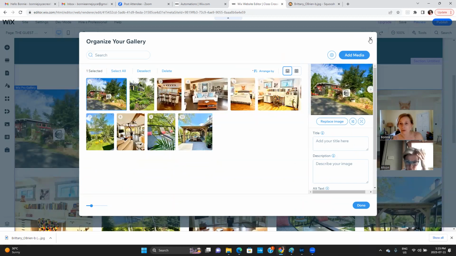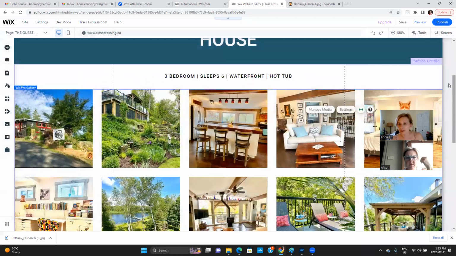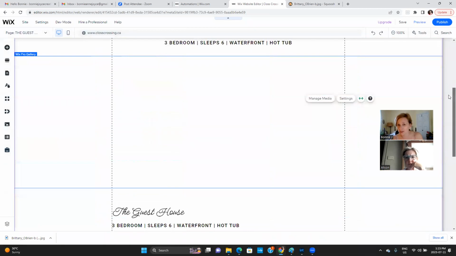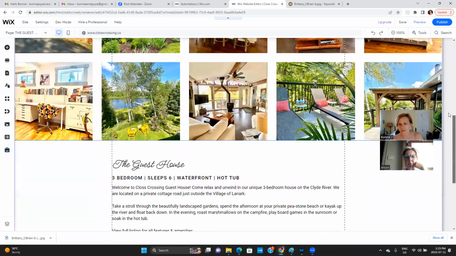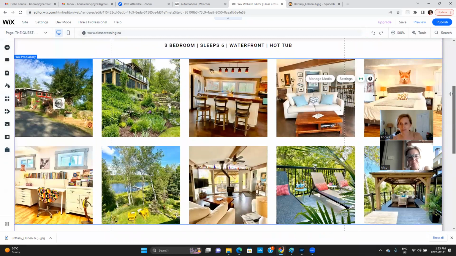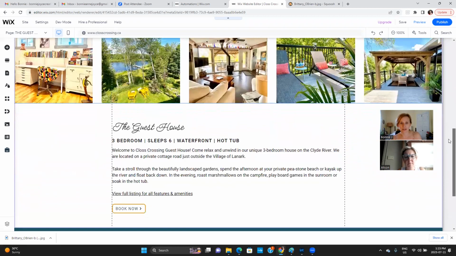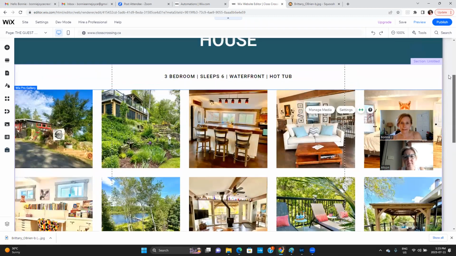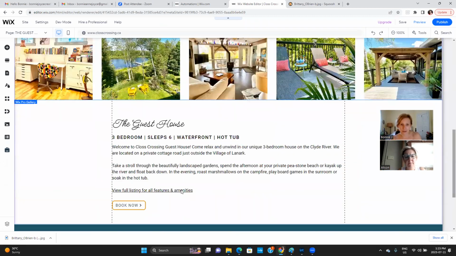So the gallery, you can play around with that. I think I have a certain number of pictures so that there's 2 rows. Depending on the size of your screen, it'll adjust, but it's nice to have it kind of clean. And then this is just text at the bottom with links. So again, with the linking, this text here has a little bit of text at the bottom that also links. You can grab any text and hyperlink it to whatever you want in the same way, just with a little link button.